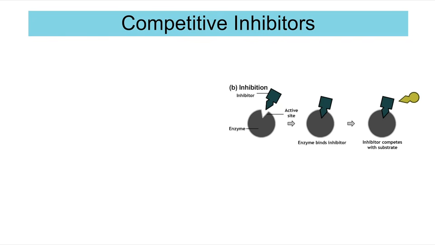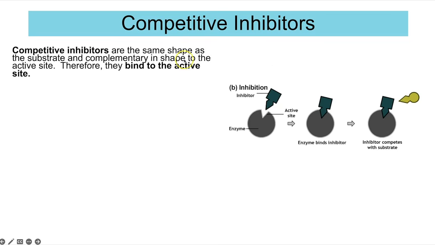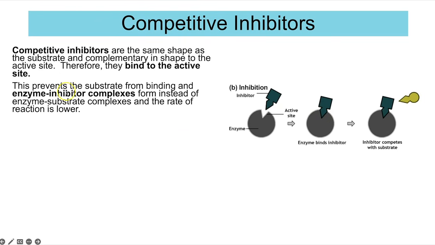The next concept is inhibitors, which can prevent enzymes from working. A competitive inhibitor is one example, and these are the same or very similar in shape to the substrate, and therefore they're complementary to the active site, and they can actually bind to the active site, blocking it, and therefore preventing the substrate from binding. And if you have an enzyme-inhibitor complex, that prevents an enzyme-substrate complex,